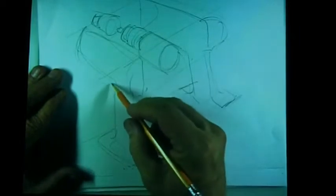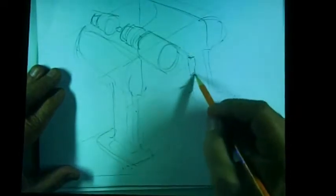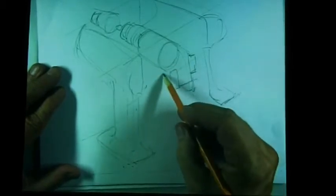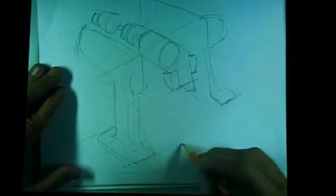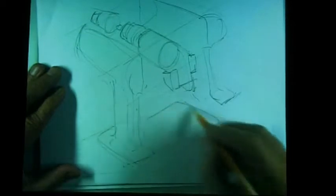And there's also a switch. So in the handle here, and I'm just very lightly laying this out right now, there's a place that holds the finger switch. And then below this, there's the actual battery box. I'm not going to ask you to explode the battery box. Just draw that as